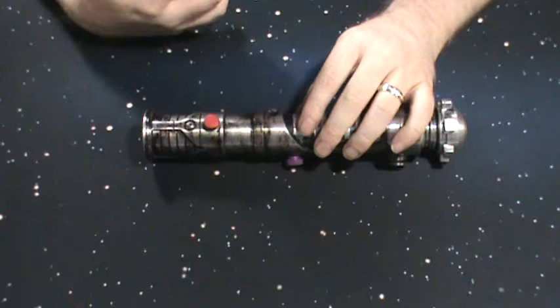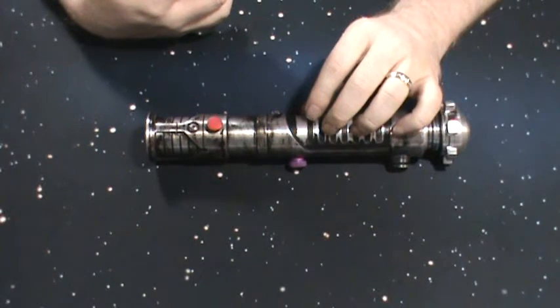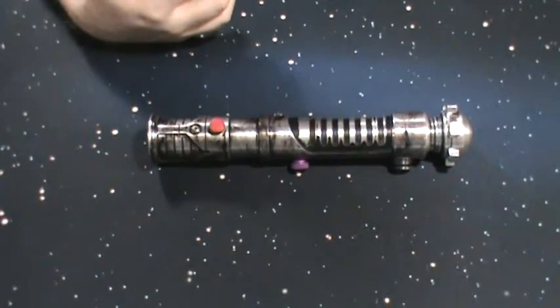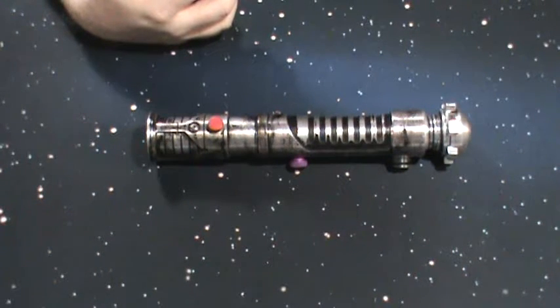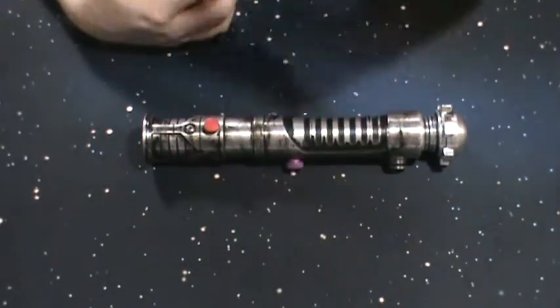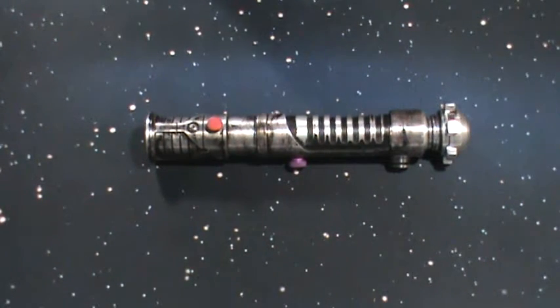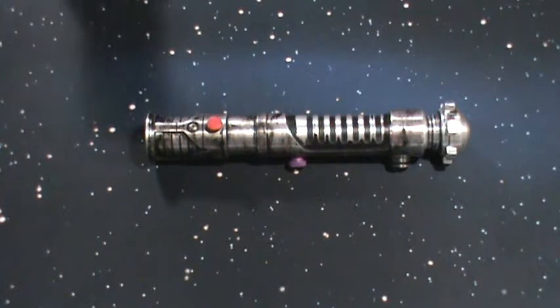I don't know why, but I know we went to Star Wars Celebration in 2016 or 2017, and even in the bright light of the convention center, our sabers were so bright compared to most of the other sabers there. There were other Saberforge, Ultra Sabers, a ton of different custom sabers, but our LEDs were so bright, we washed out other sabers in most of the pictures we took, which was really cool. And people were just like, "Where did you get that? How did you, whatever?" And like I said, my buddy Larry,